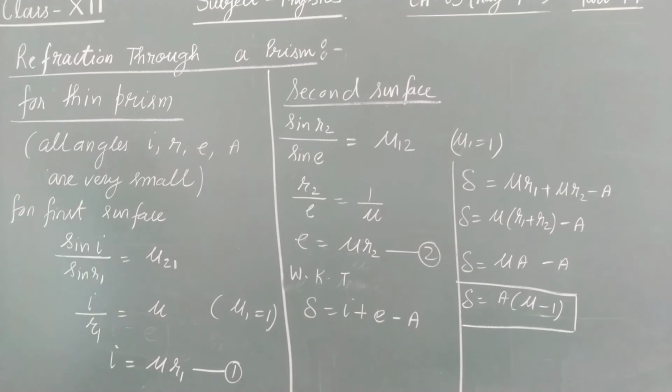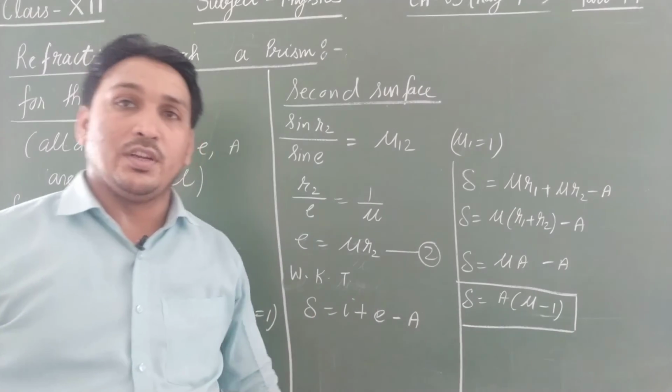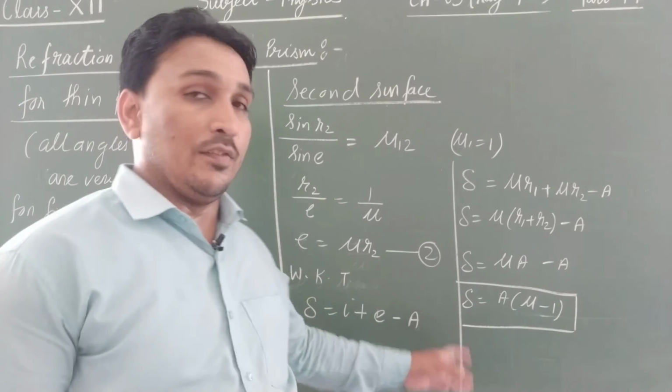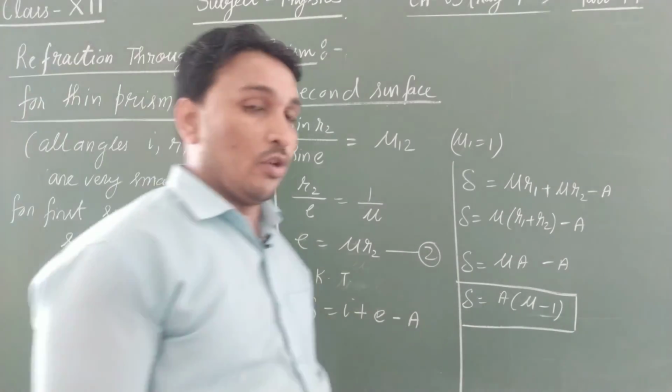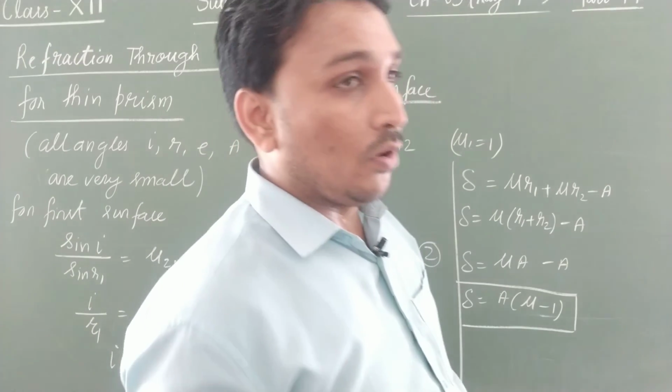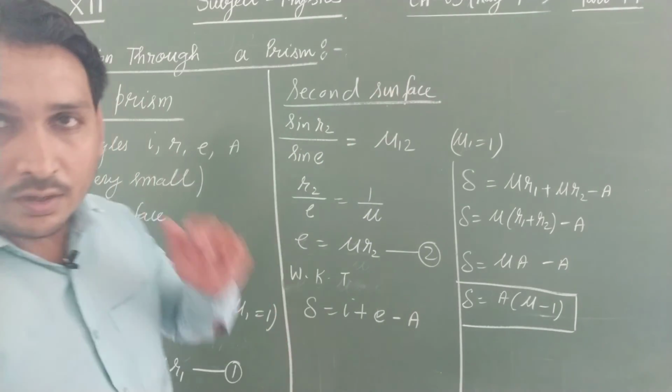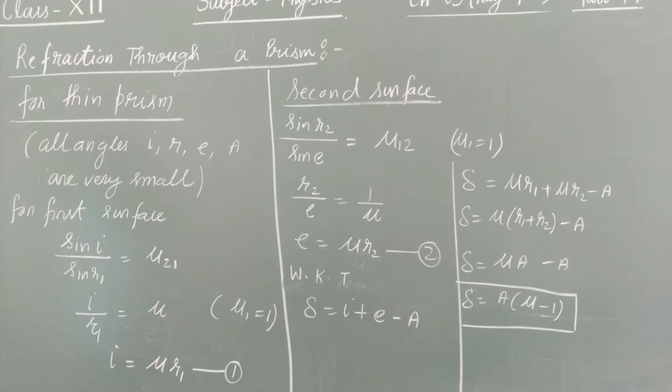For a thin prism, this is the angle of deviation we define. So I hope the topic prism is clear. Now before concluding this video, a very basic nature of prism is there, and that is dispersion shown by a prism. So first of all, take a screenshot of this topic. And now let us move to understand dispersion of light through the prism.